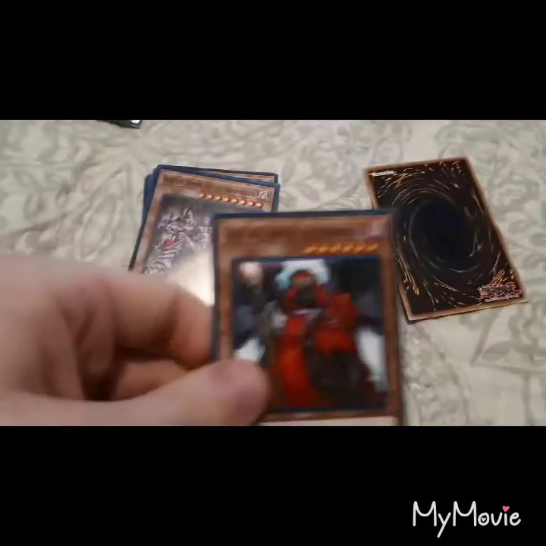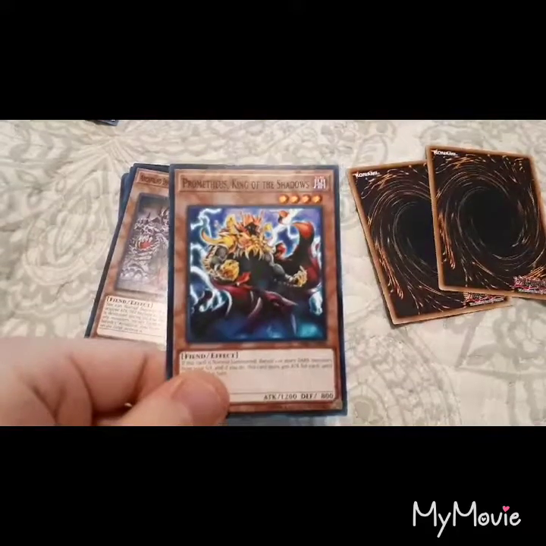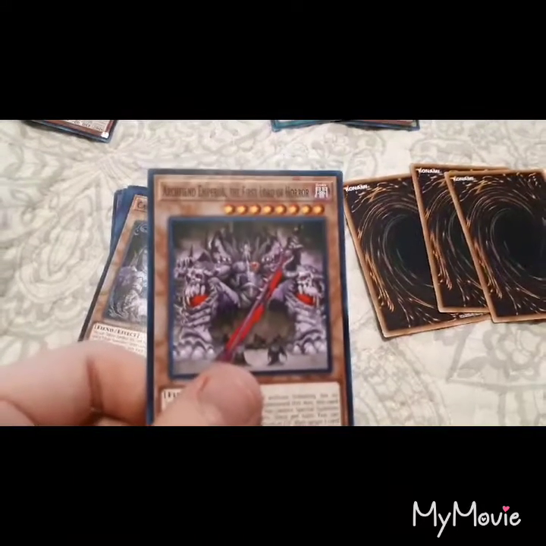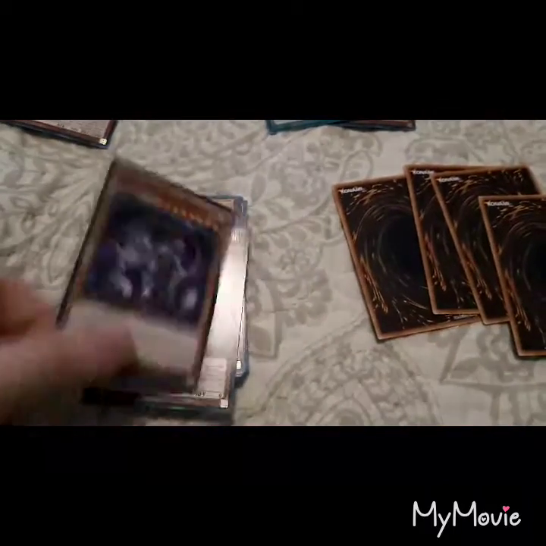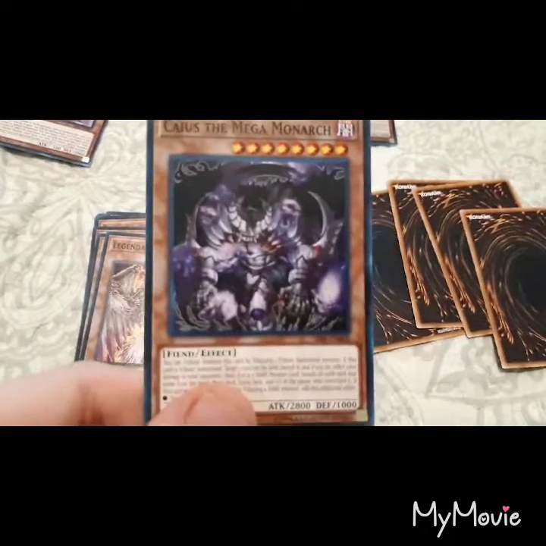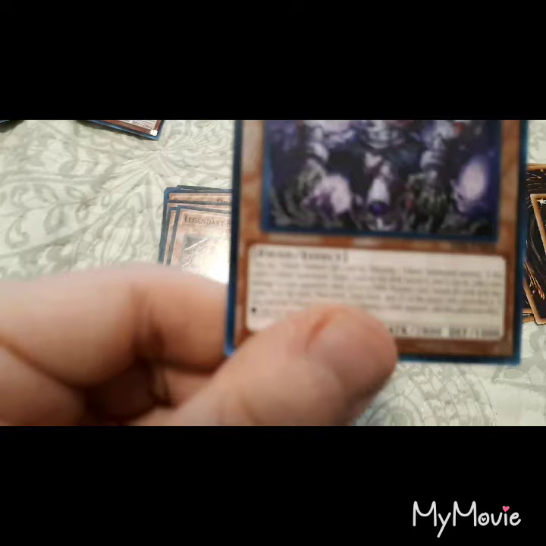And now for the reprints, we get the original Diabolos, Lich Lord, King of the Underworld, Prometheus, King of the Shadows, Archfiend Emperor, the First Lord of Horror, and Caius is reprinted in this. Okay, I want to take a second to talk about Caius the Megamark. He's probably another cool MVP of this deck because what his ability is...